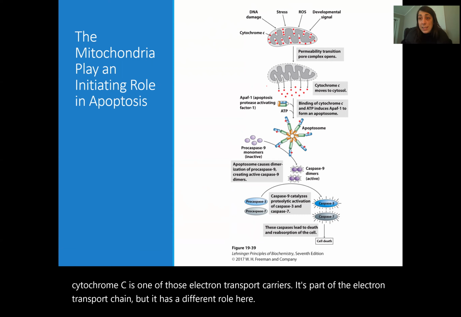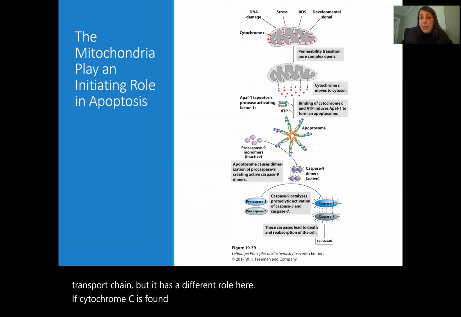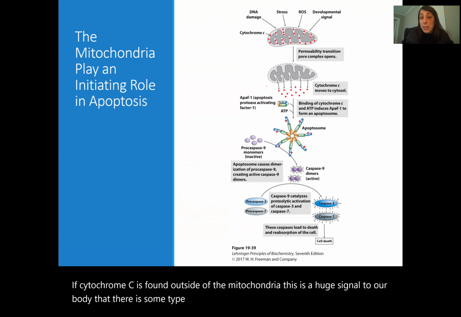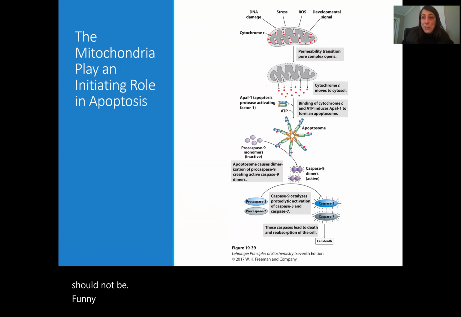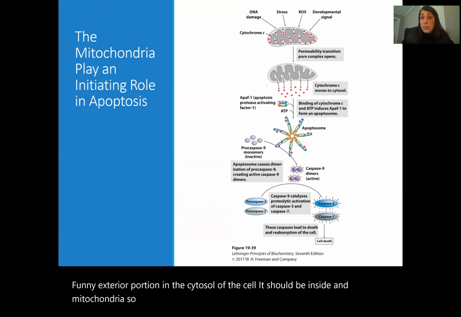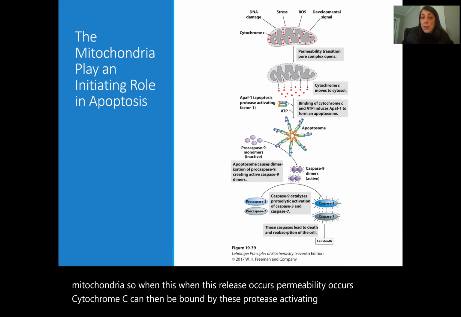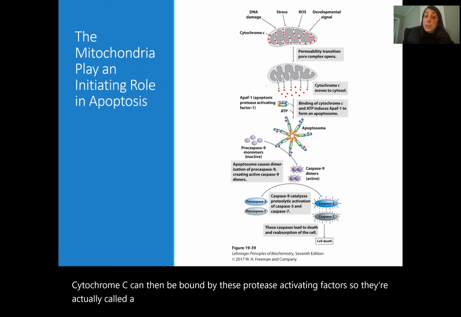If cytochrome C is found outside of the mitochondria, this is a huge signal to our body that there is some type of damage occurring. Cytochrome C should not be on the exterior portion, in the cytosol of the cell. It should be inside the mitochondria. So when this release occurs, permeability occurs, and cytochrome C can then be bound by these protease activating factors. They're actually called APAFs, apoptosis protease activating factors. They'll bind the cytochrome C,